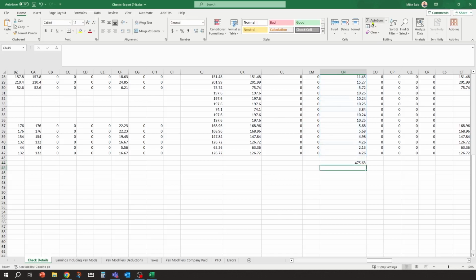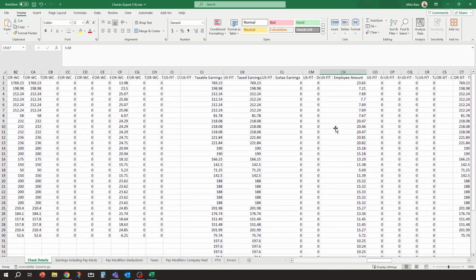And that's the amount that was collected for federal withholding for the month of September, $475. You could compare that to your general ledger liability account if you want to. But this is a quick down and dirty way to get totals by any pay modifier, any tax, any earning in the system for a particular period. And that is just the first tab, the check details tab.